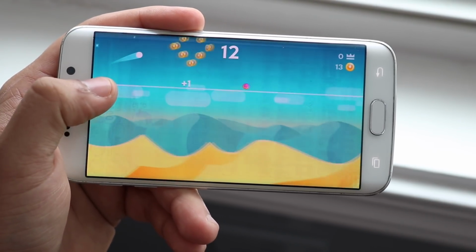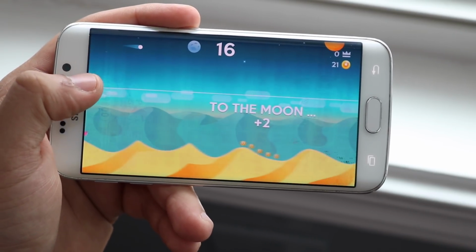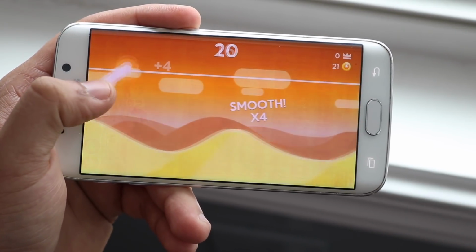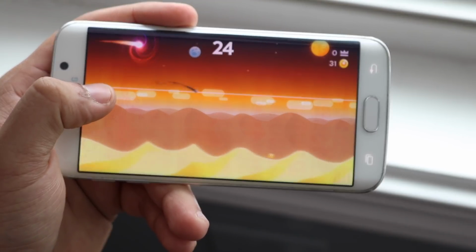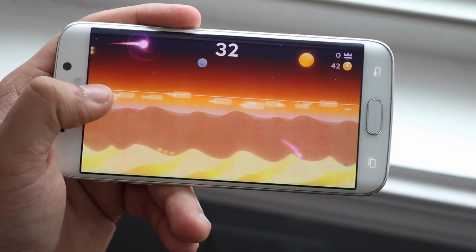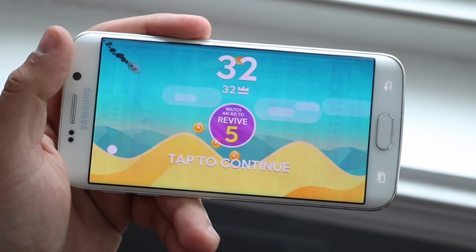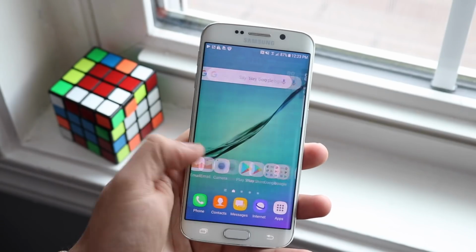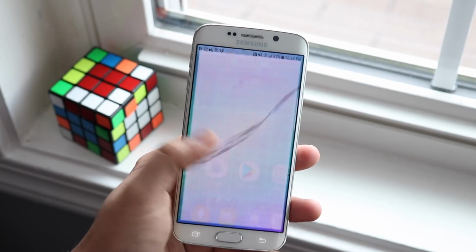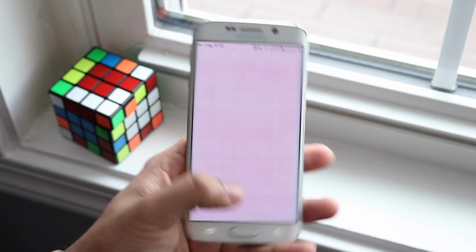Now, this thing did start with Android 5.0.2 Lollipop. You were able to upgrade it to Android 7.0 Nougat. Now, you're still on TouchWiz UI, technically speaking. And one of the weirdest things is not only is this thing still pretty bloated, not only is TouchWiz super weird, but one of the weirdest things in my opinion about TouchWiz and Android UI in general, with a lot of these, stock Android is perfectly fine, but with LG's UI and all these other ones, there are so many noises and random pop-ups that come up with these types of phones,